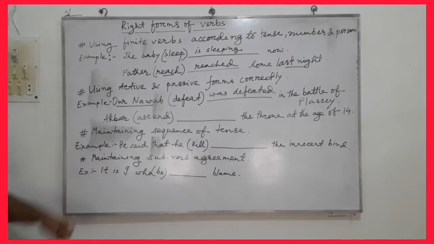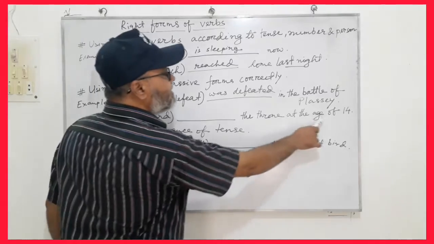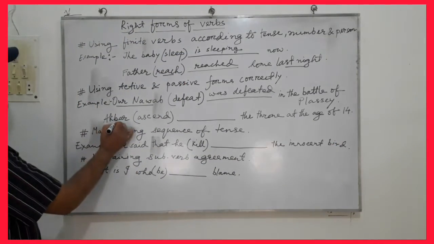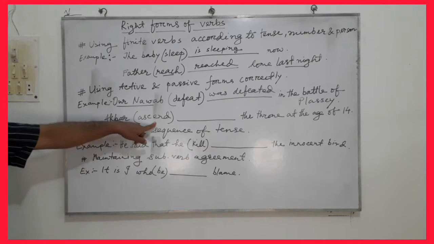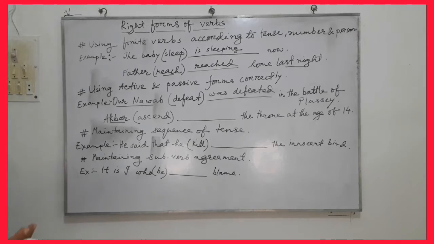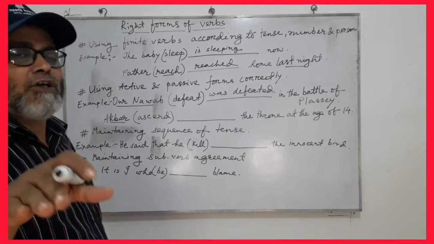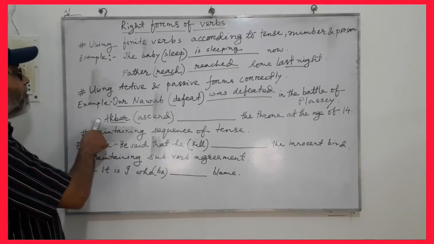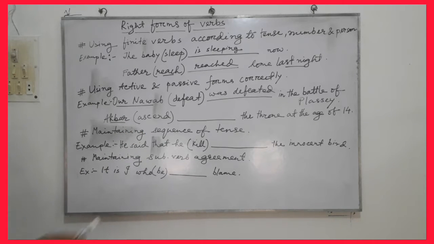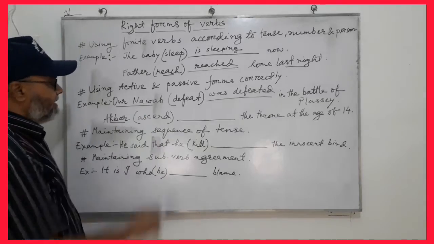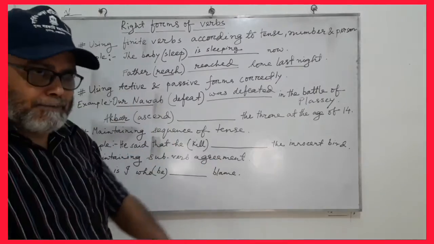In the second sentence we see, Akbar ascended the throne at the age of 14. Here the subject Akbar is active because he does the work of ascent. So this sentence will be in active form. That is, active form is directly using the structure of the tense. Akbar ascend. This sentence will be in past indefinite form. So we only use past form of this verb because we know the structure: subject plus past form of verb and then extension.